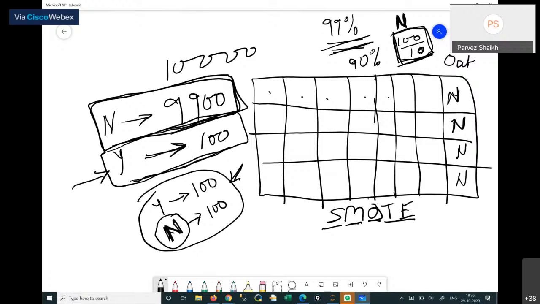What does that mean? Let's say you have a Euclidean space, a vector space, wherein you have these points of your minority class. It will consider k nearest neighbors and generate a synthetic record for your minority class somewhere here. This is how it generates the synthetic records. So SMOTE means synthetic minority oversampling technique. You oversample your minority samples,